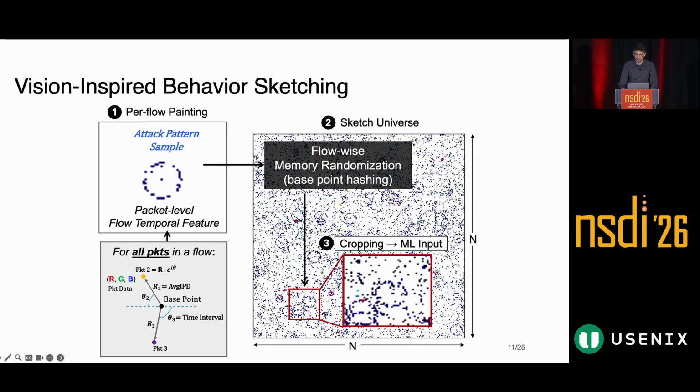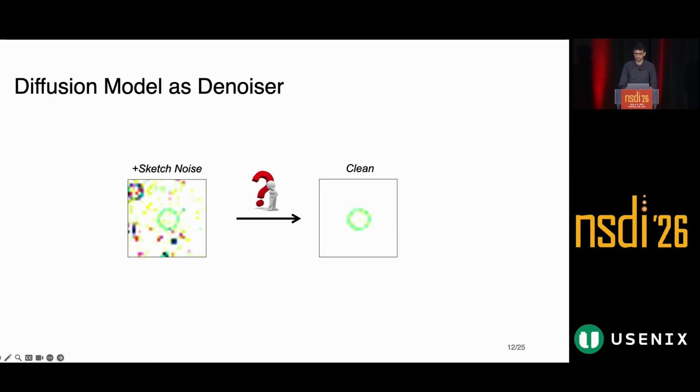Now let's go over the machine learning pipeline. Once the flows are encoded into the sketch universe, the cropped images are noisy due to the random memory sharing between them. And these images are not directly interpretable by the classifier. Now the key challenge is how do we derive the clean image from the noisy observation? Our intuition is that this noise is primarily driven by superimposed flows, which eventually converge toward Gaussian distribution in line with central limit theorem. Based on this, we leverage diffusion models using their capability to reconstruct signal from Gaussian corrupted